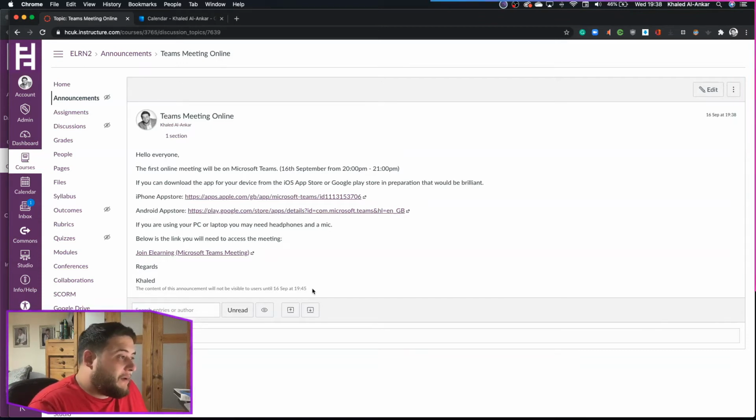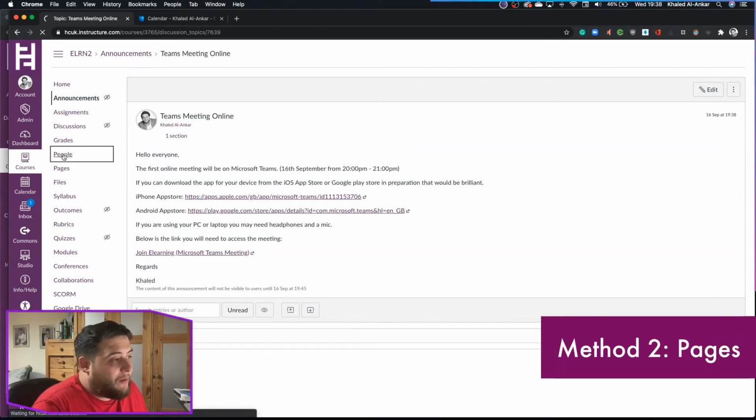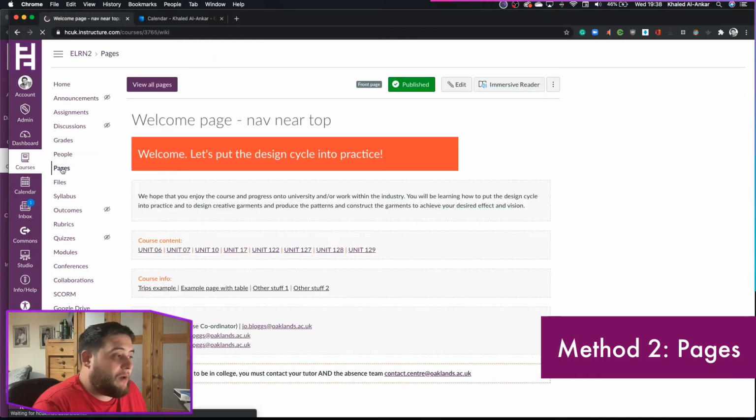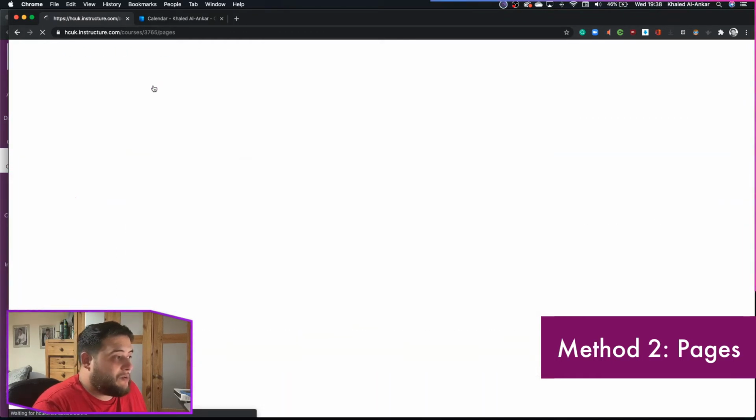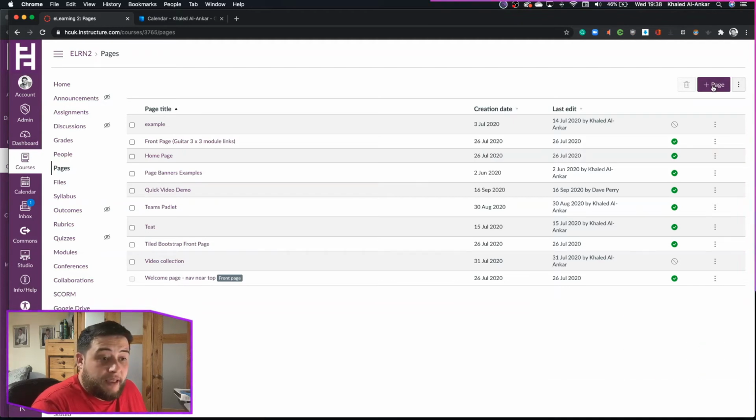So the next thing I'm going to show you is how to do the same thing again, but this time round we're going to do it within Pages. So Pages in Canvas is a way where you can provide students with information on a page. So it might have a topic there, you might have a YouTube video there, tell them to watch a YouTube video first, and then we're going to talk about it later in a discussion,